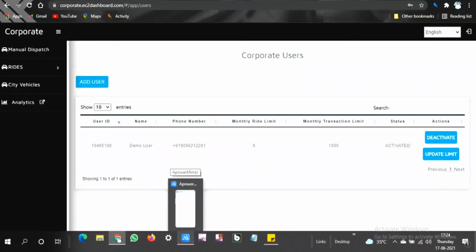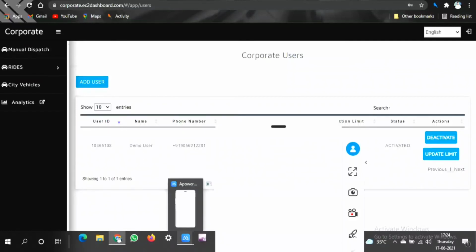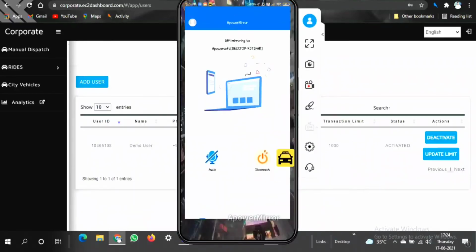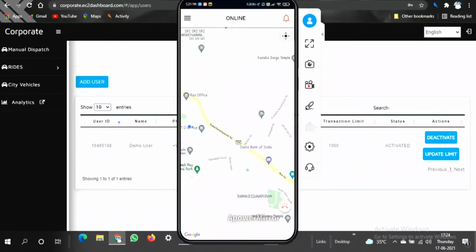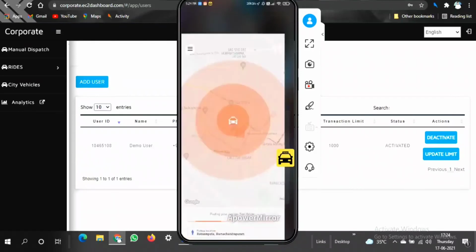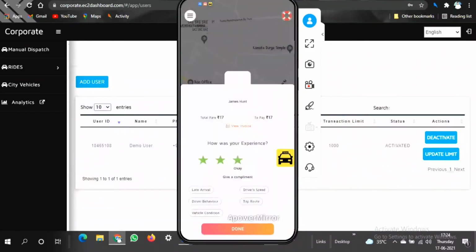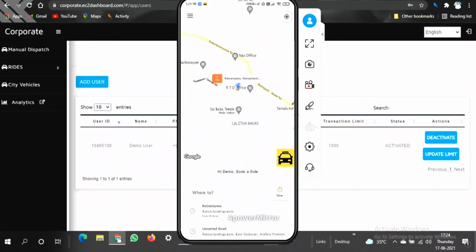So I want to start from the customer app. Here you can see the driver app and customer app which are available. I am here as a customer, a corporate user.